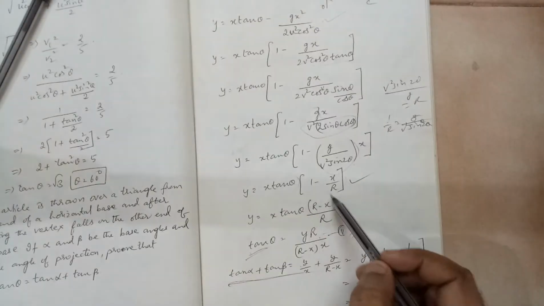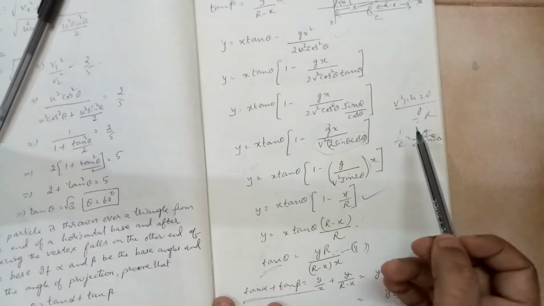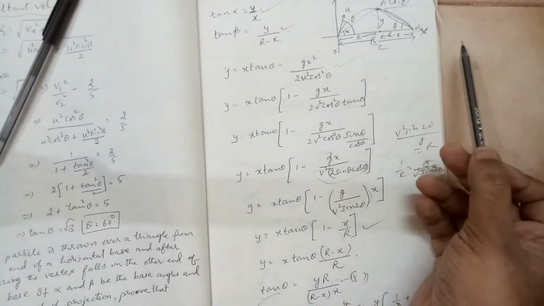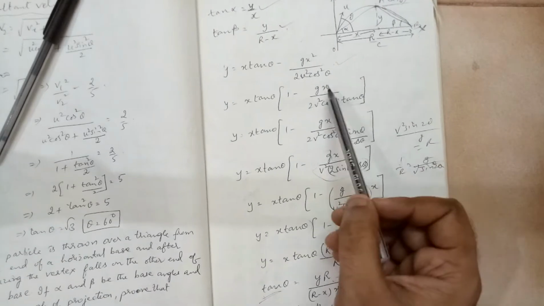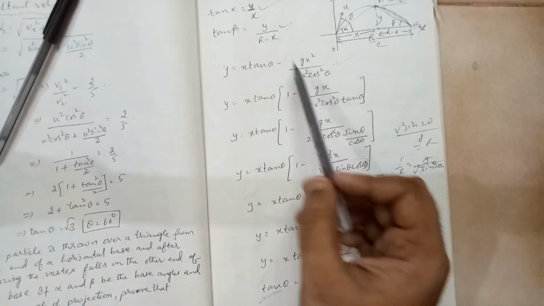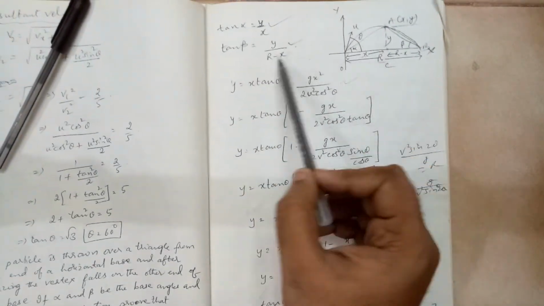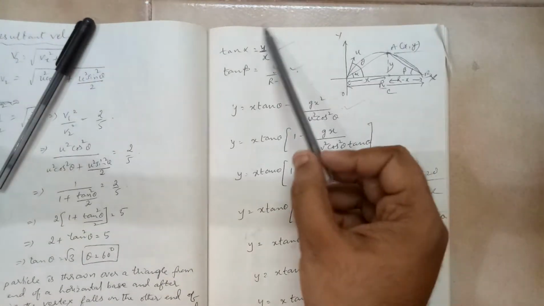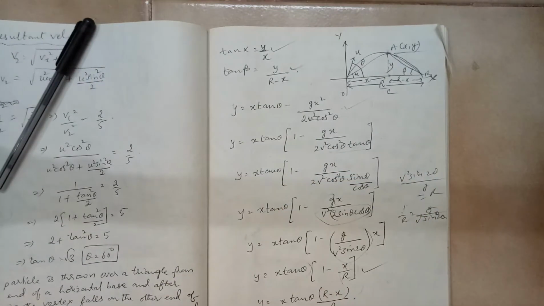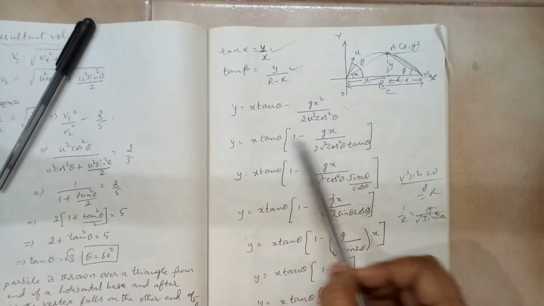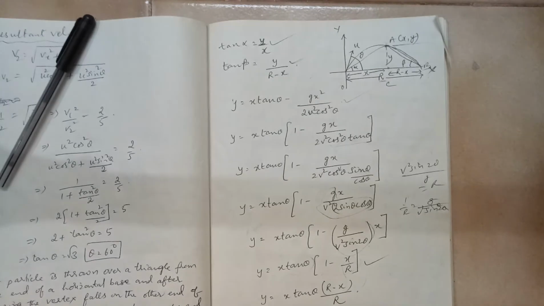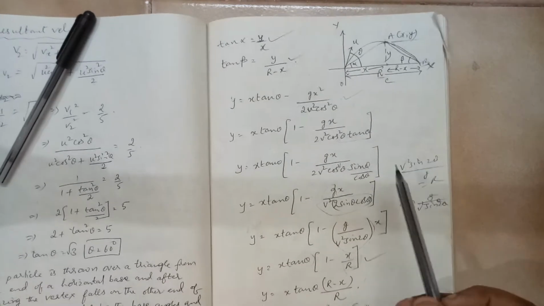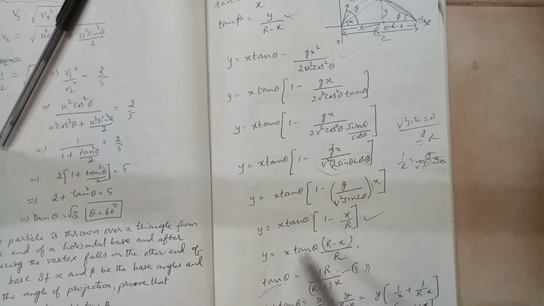Here the purpose of reducing into this is basically, you know the expression for range. When you are adding these two, you are not getting any initial velocity. So somehow we need to eliminate this u square term, u square cos square, all these terms, if possible we have to eliminate them. So that is why we have reduced that into this format.